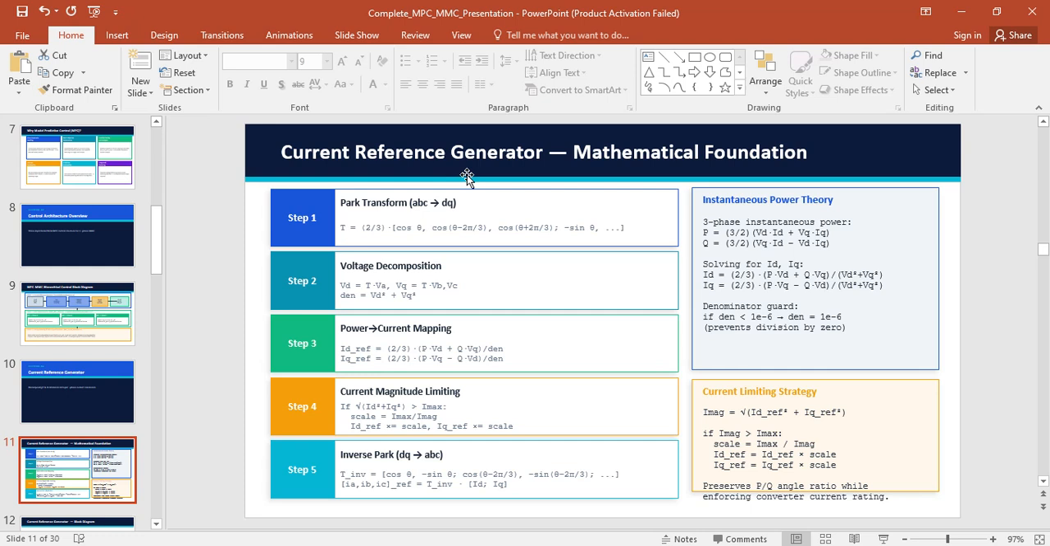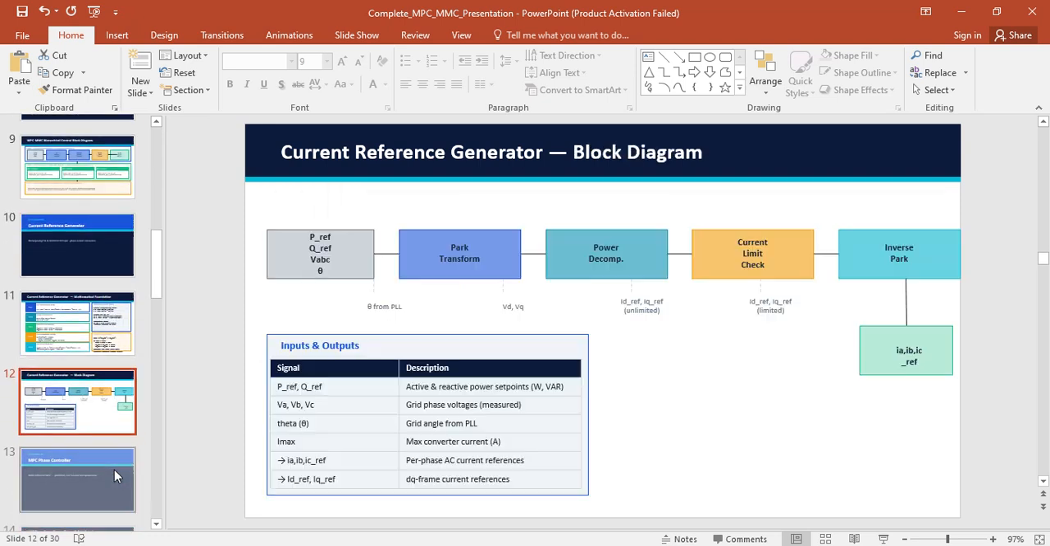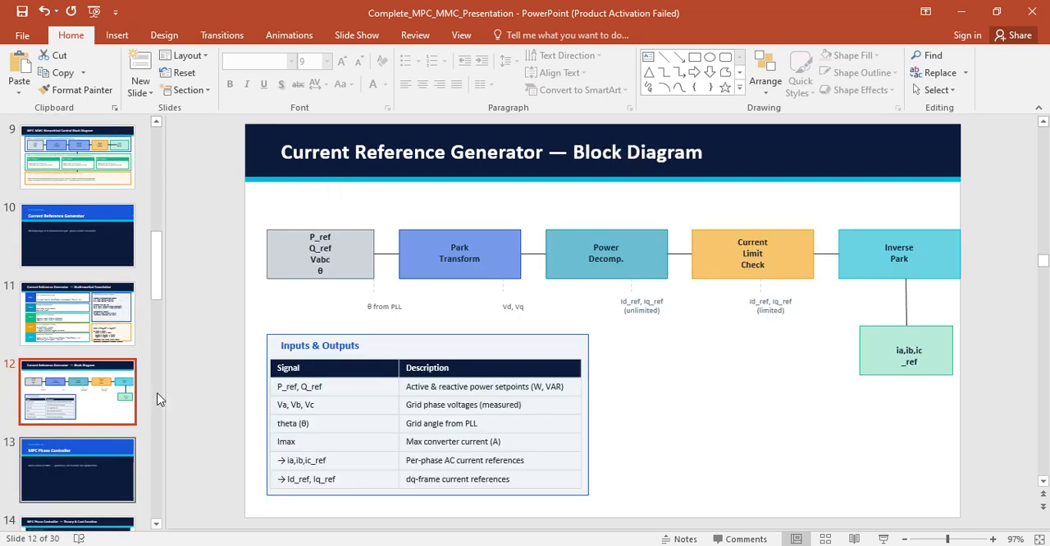You have a Park transformation, you have a voltage decomposition, then you have a power current mapping, then a current magnitude limiting, inverse Park, and power calculation. So this all is happening in the current reference generator, right? If you want to see the whole block diagram, you have a Pref, Qref, then Park transformation, then power decomposition, current limit check, inverse Park, and then IABC ref. So this will go into the